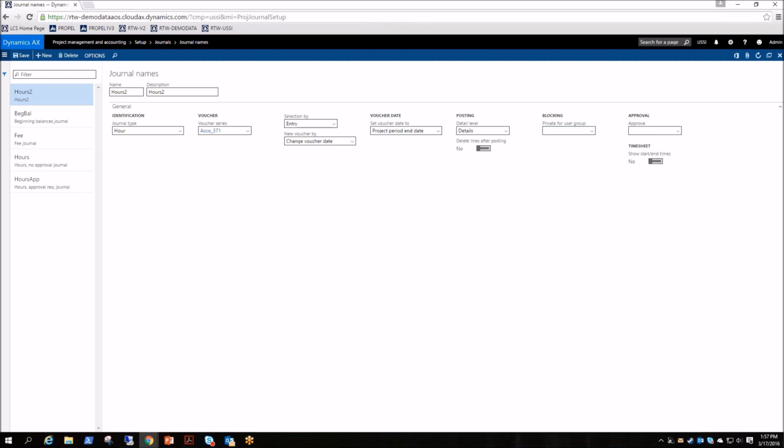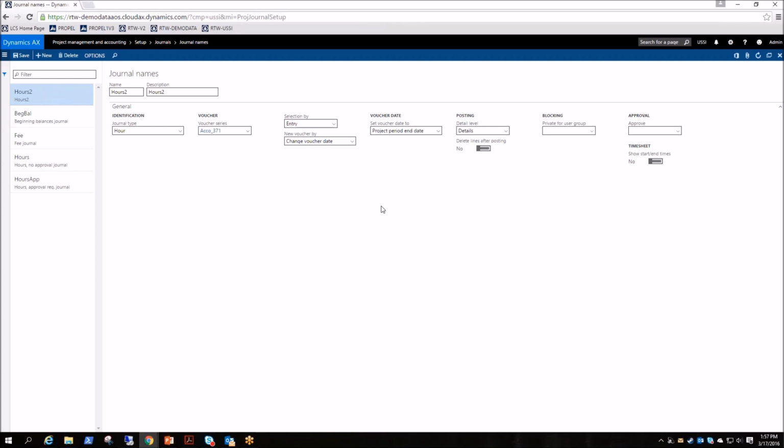And then finally, there's the show start and end times. And for time recording in AX, you can actually specify start and end times, and it will calculate how many hours based upon the start and end times that you enter. And if you want to use that functionality, you can. I'm not going to use that for our demo. So we set up